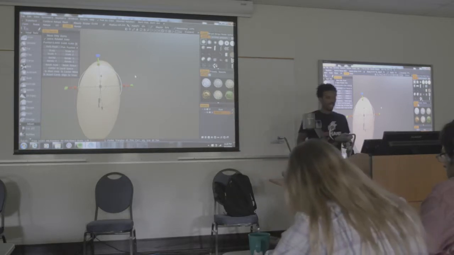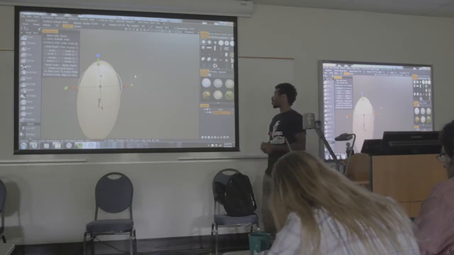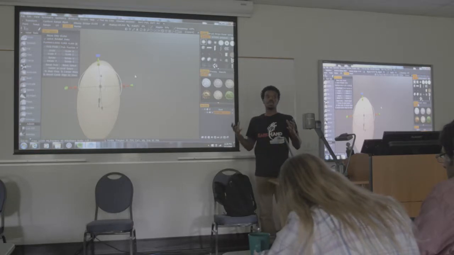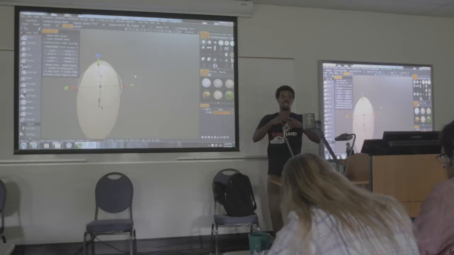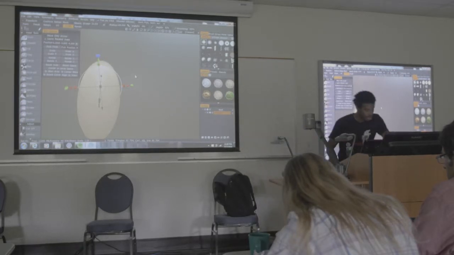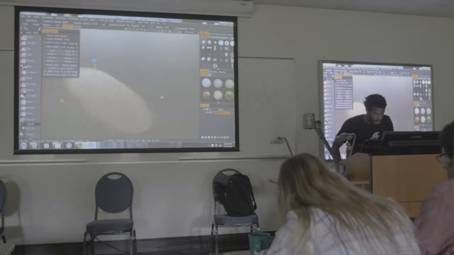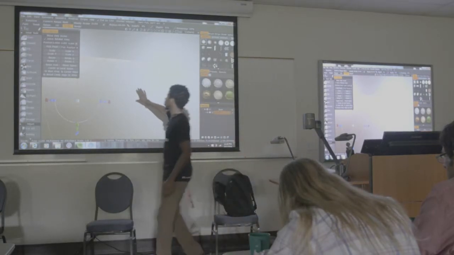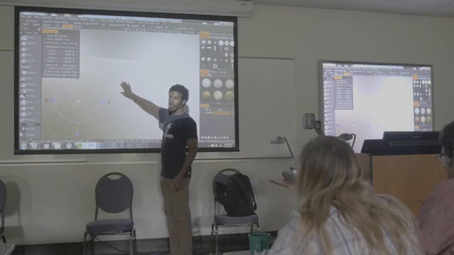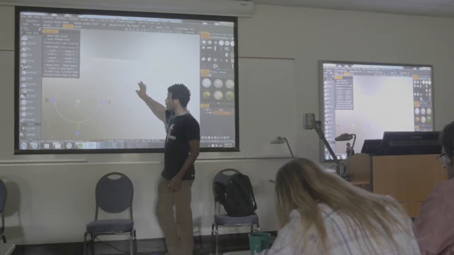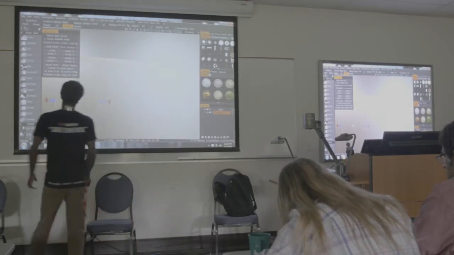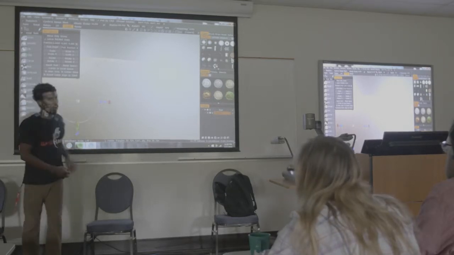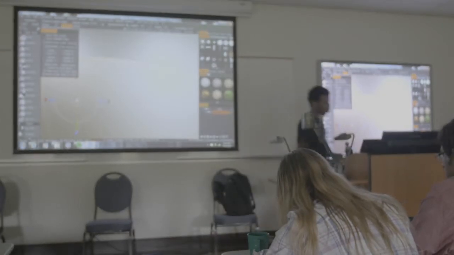3D Coat is based on voxel sculpting. You can modify the model as much as you like, and it'll keep reloading itself until you see the voxels. I'll show you the voxels. So these are the voxels. If this was a surface model that we were using in ZBrush, and we stretch it like that, you will see the topology stretch out. But in 3D Coat, no matter what I do to this,